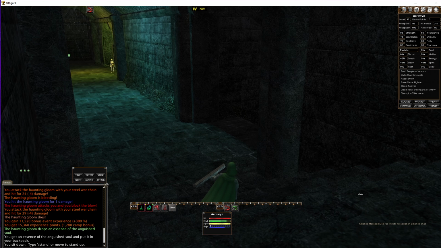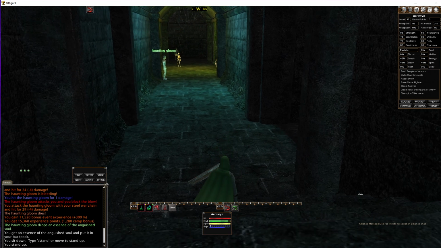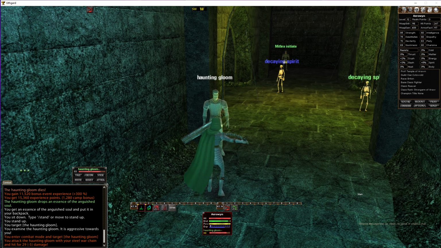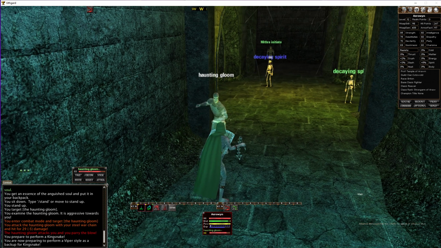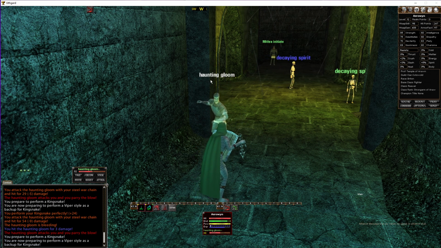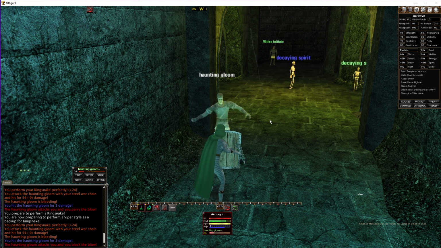So we found ourselves in Mithras Tomb. There's a set of armor that I'm after. It's called the Forlorn Suit of Armor. I can't remember the exact name, but it's a full suit of chain that I believe has stats on it. It may not have stats on this server, but it would be really nice to have as we progress our